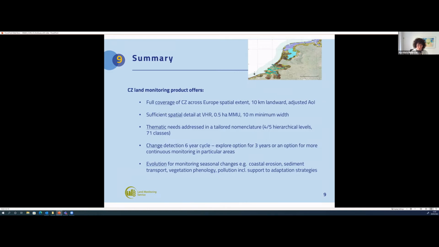To conclude, I would like to stress that integrated and ecosystem-based approaches provide a foundation for sustainable coastal management and development, supporting biodiversity, ecosystem services, but also socio-economic development. The coastal zone product provides the necessary knowledge base, but there's more to be done, as always, right? We need coordinated action at global, regional, and local levels, which is key to sustainable management of coastal ecosystems.